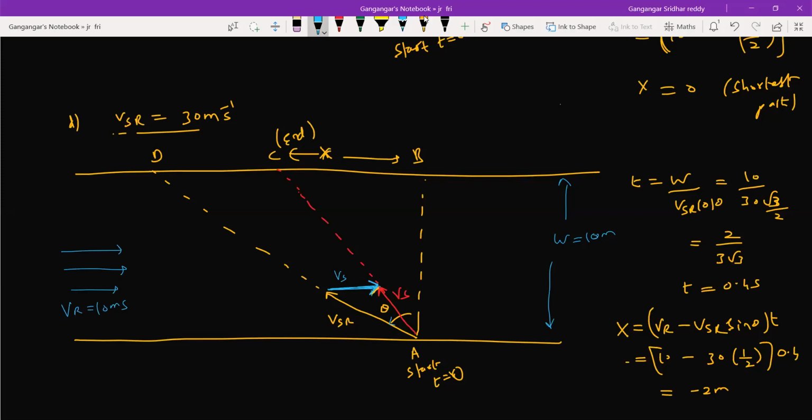Okay, this is one very basic problem. What I gave is a very basic problem, very good problem for students to really understand. No need to read the theory again. Just all these ideas, the four cases will help you. Any conceptual question if they ask you, the drift can be controlled by varying VSR. Yes, it is correct, no? The boatman can control the drift by varying the velocity of the boat with respect to river, or velocity of boat with respect to still water. The answer is yes.